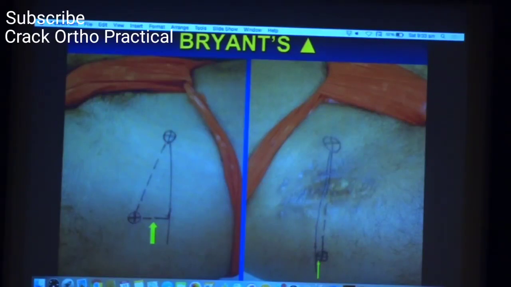While there are some questions which keep on being asked by candidates when we are drawing the Bryant's triangle or using Bryant's triangle as a quantitative assessment of supratrochanteric shortening: should we square the pelvis or not? So my advice to you is go by the basic guidelines, and the basic guideline is for any true measurement the pelvis has to be square. So if you stick to the basics, nothing is going to happen.